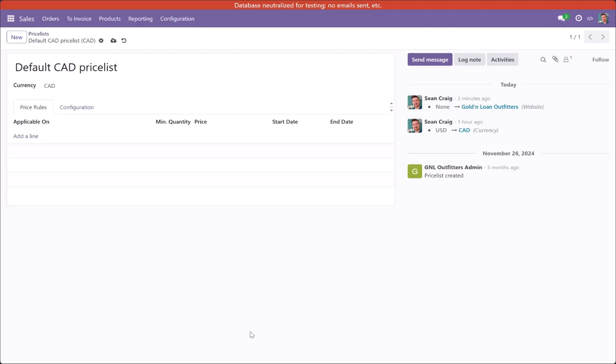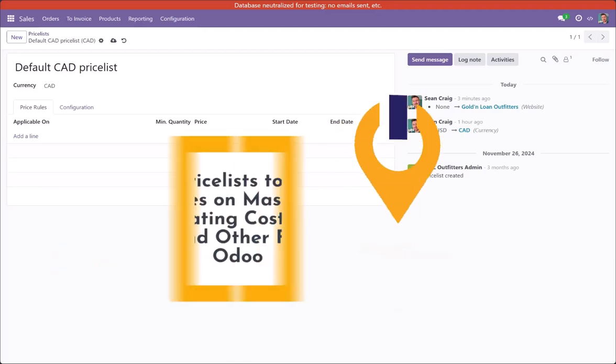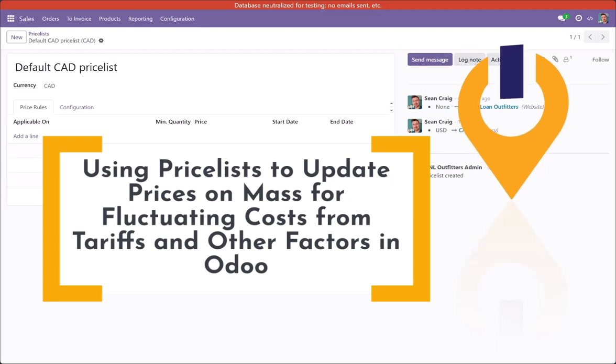Okay, with the situation of having to adjust pricing based on fluctuating costs, like currently tariffs are doing, and you want to be able to do that based on product categories, you can do that with price lists in Odoo. And you just set up rules, and then you can easily change the rates based on a particular rule at any given time. First, we're just going to take a look at a couple of things you need to know